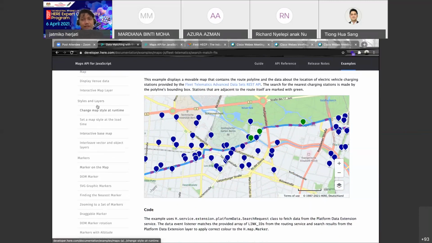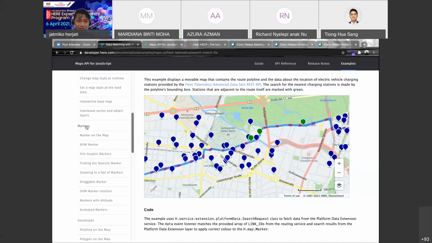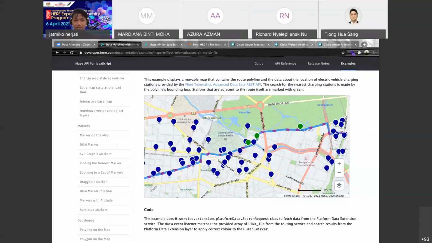And then styles and layers, this is for the aesthetic aspect. So we can apply our cartography lesson from our bachelor into our map. Yeah, I remember that I also got cartography lesson in my bachelor degree. And then marker, something like this, as map, and then marker,